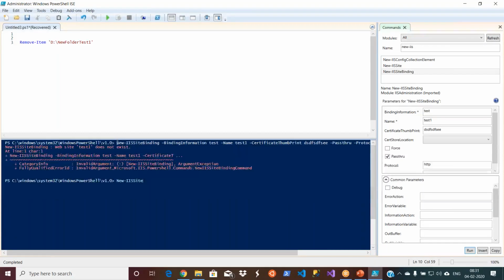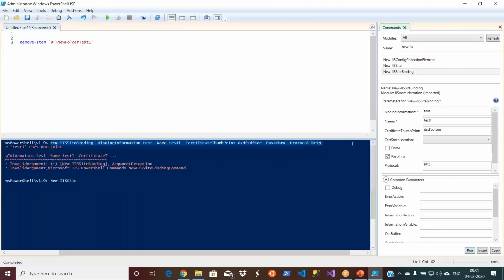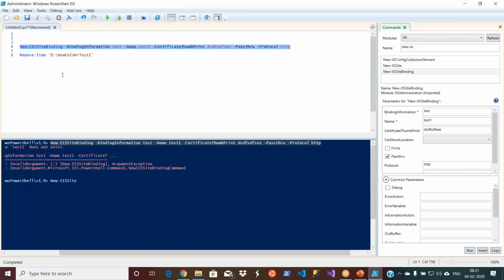Now when I run this, I got the command syntax. Of course, I gave some junk information. So this is how you can get the command syntax as well, like what switches you need: hyphen binding information, hyphen name.